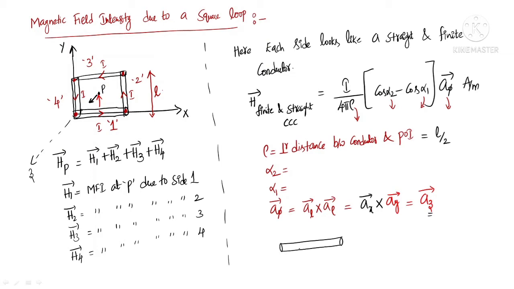This is the first conductor, right? Carrying a current of I in this direction. So this is the starting end. Extend the starting end, okay, and join this starting end with the point of interest. So point of interest is here. What is this angle? This angle is alpha 1 and this angle is alpha 2.